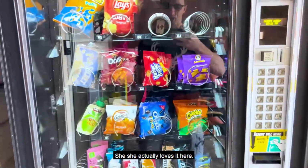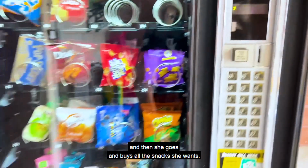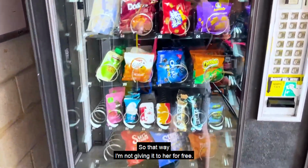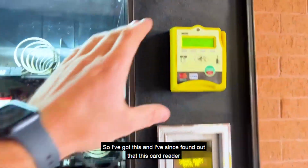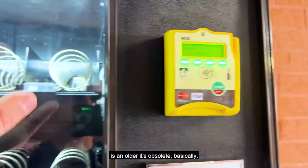She actually loves it here. I give her money for whatever chore she does, and then she goes and buys all the snacks she wants. That way I'm not giving it to her for free. She's earning it, right? So I've got this, and I've since found out that this card reader is obsolete